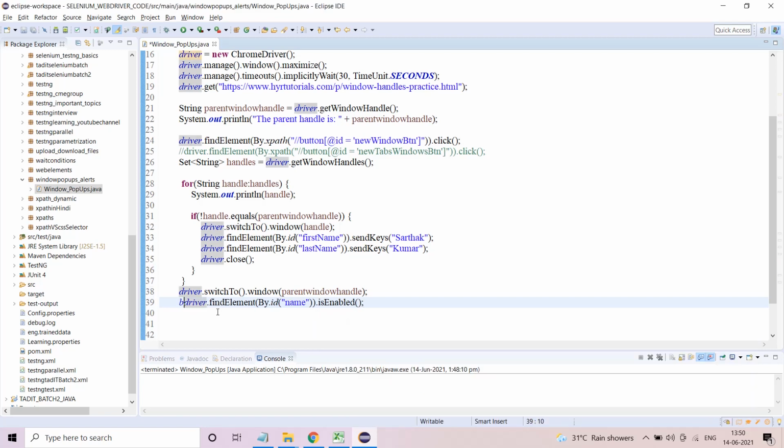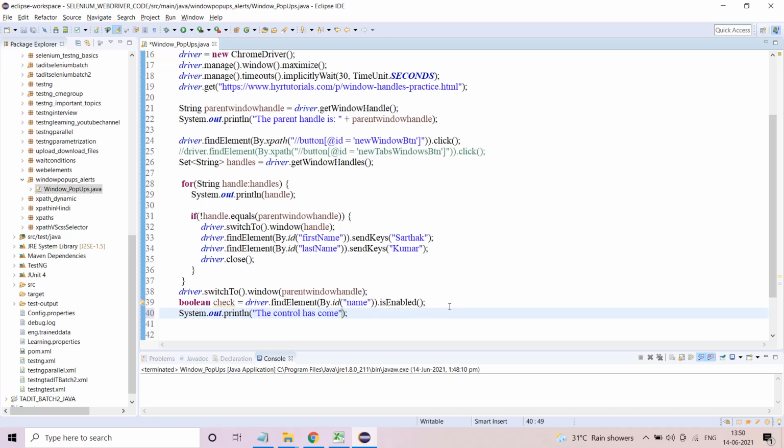Now you want to do a check, so you can make it a boolean check. You can print that the control has come to parent window. If it is true, this one will be true.